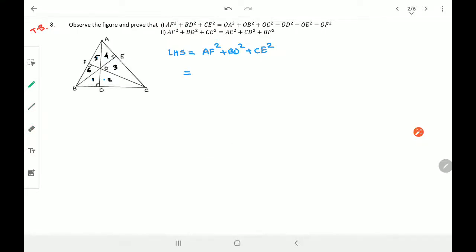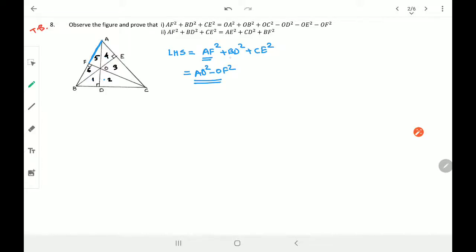AF square. Now I'm going to write AF square. So this is the AF square. This is the part of a right angle triangle, but this is not a hypotenuse. So AF square is equal to, tell me, AO square minus OF square. I hope you understand. AO square minus OF square. Hypotenuse square minus the remaining side square. Getting it? So if it is not the hypotenuse, it is with the minus sign. That's it. It's not a big deal.